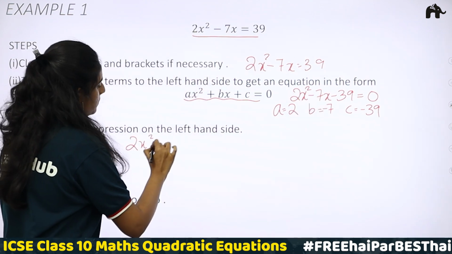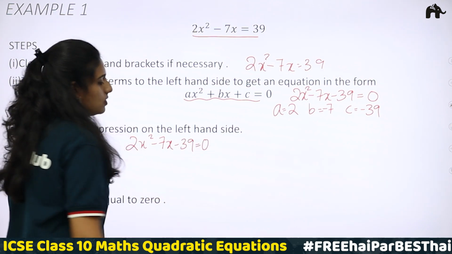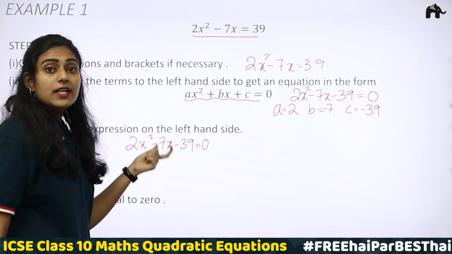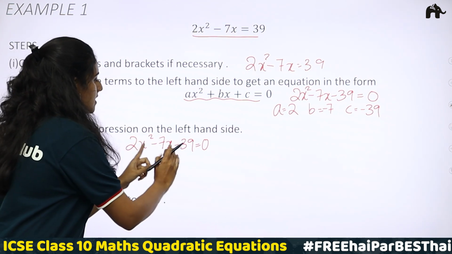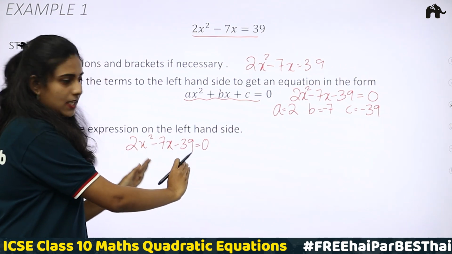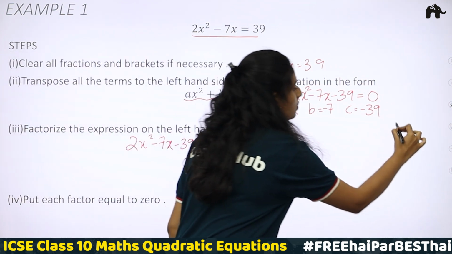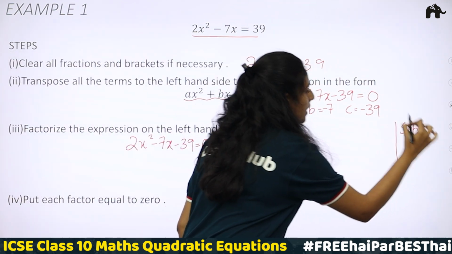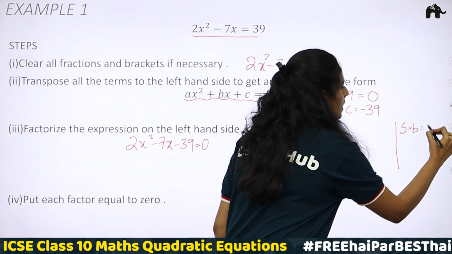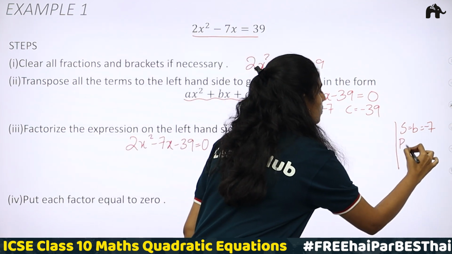2x square minus 7x minus 39 is equal to 0. In order to factorize this, we are going to use the splitting middle term method. Splitting middle term means here the middle term is minus 7x. I am going to split this middle term. For that, I need two numbers such that the sum of the two numbers will be equal to b. Here what is b? B is minus 7. The sum of the two numbers I am taking should be minus 7 and the product should be equal to